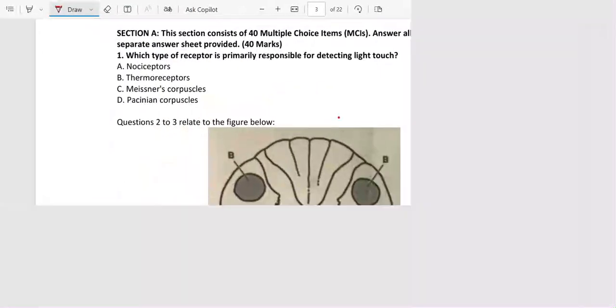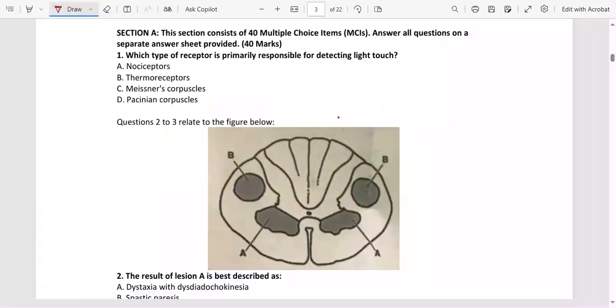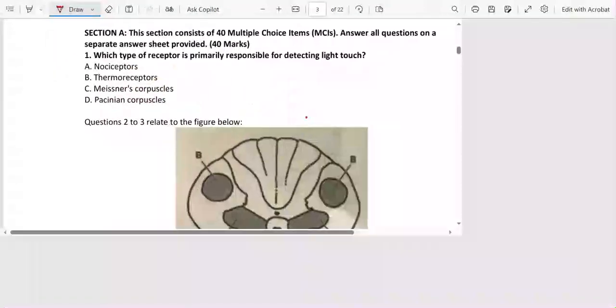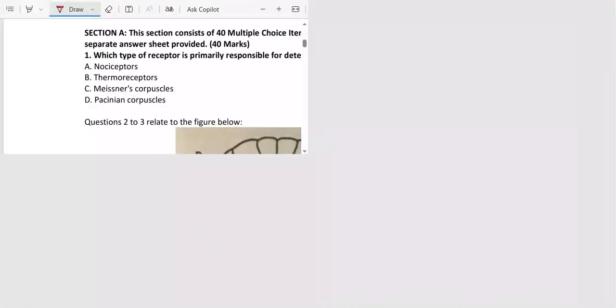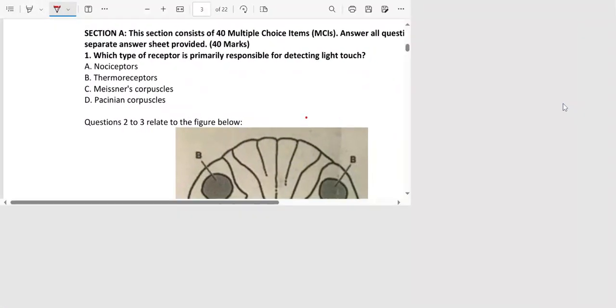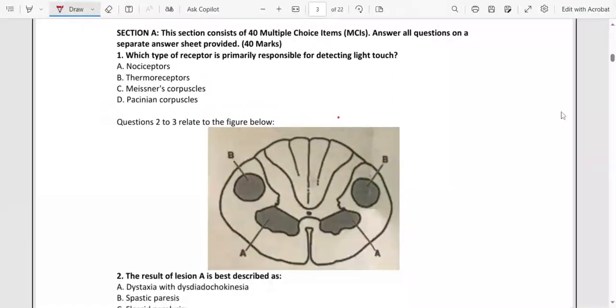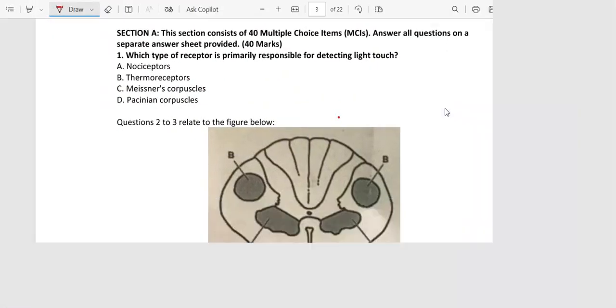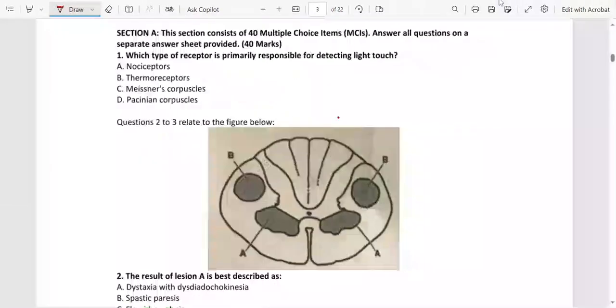So this is 2024 Neurosciences Test 1. Alright,